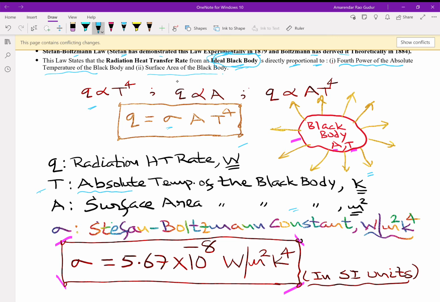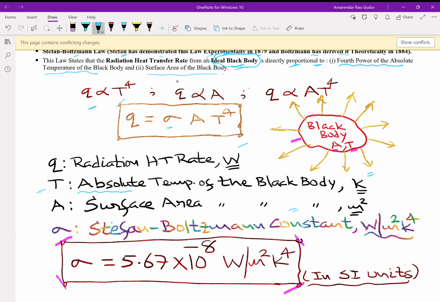This figure illustrates how radiation takes place in the form of electromagnetic waves. We have a black body of area A and temperature T. It is going to radiate energy in all 360 degrees as per this law. Whenever area is not given, we calculate the radiation heat flux. We get a feeling that in this equation there is nothing critical. Sigma is a constant. Area may be given or may not be given. If it's given, go for the rate equation. If it's not given, go for the flux equation.